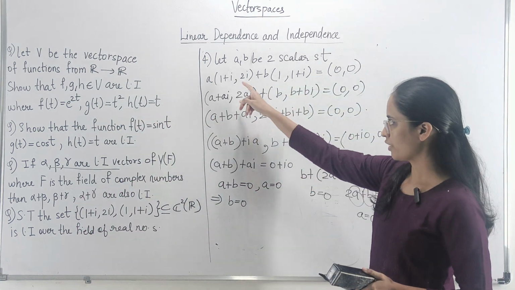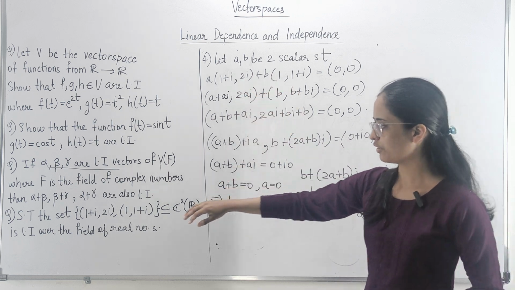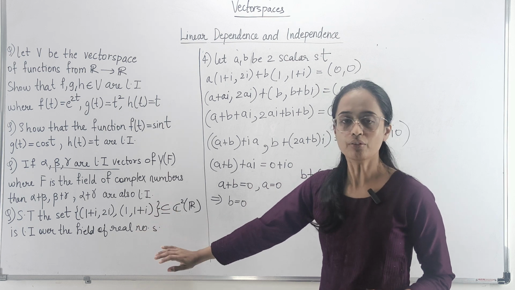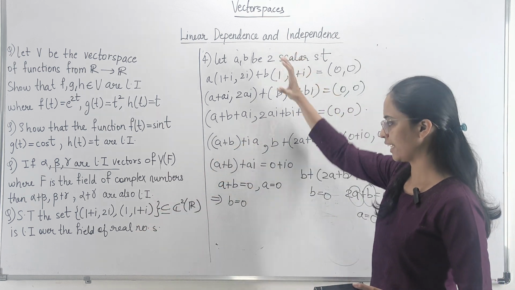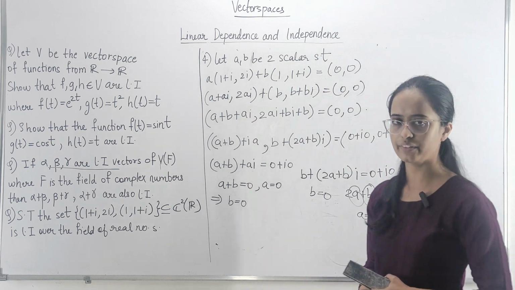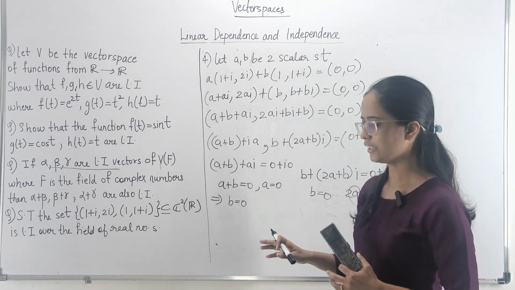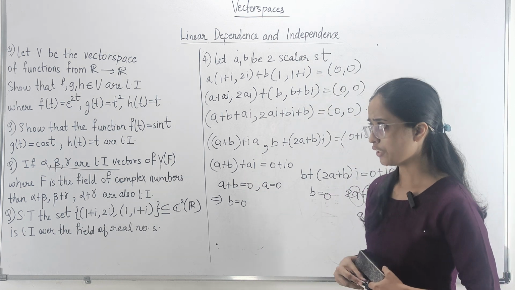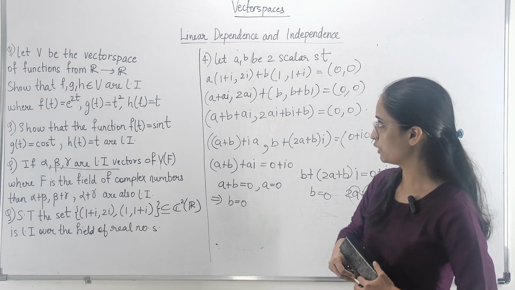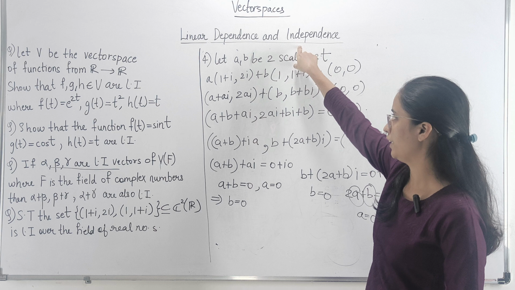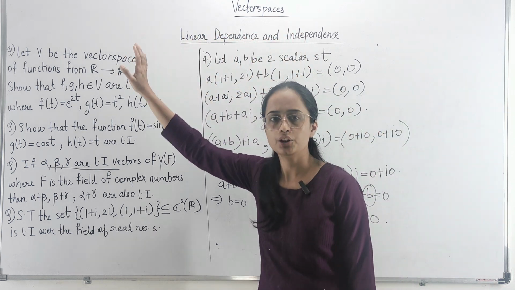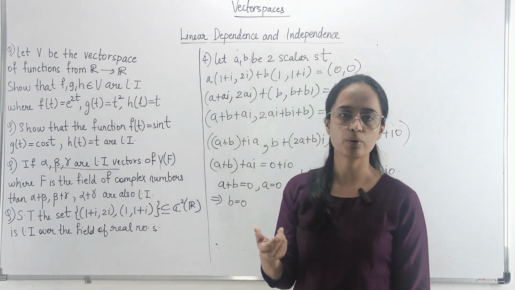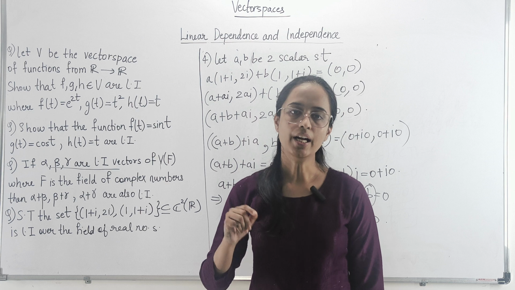So here if you see, when I take the linear combination of these two vectors which are in the complex numbers set over the field R, we get the values of their scalars as 0, and that is why we can say that the given set is linearly independent over the field of real numbers. So in today's video we solved problems using the concept of linear dependence and independence, where we showed that whenever you are given certain functions, how you are going to prove whether they are linearly independent or not.